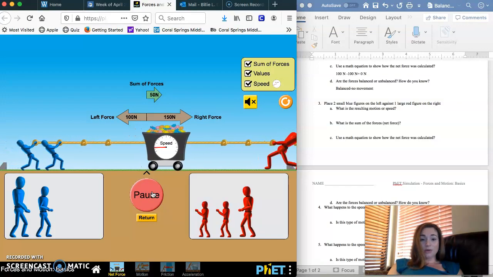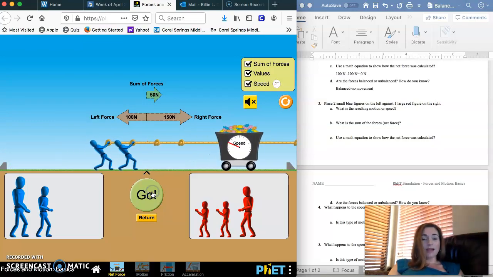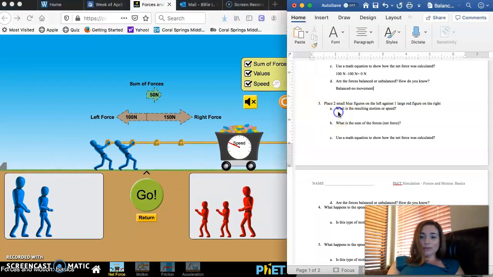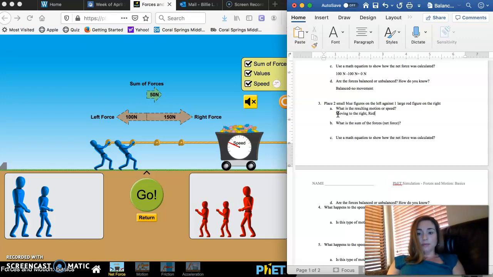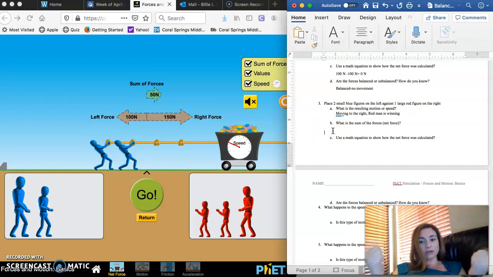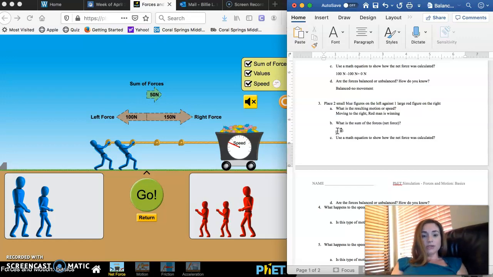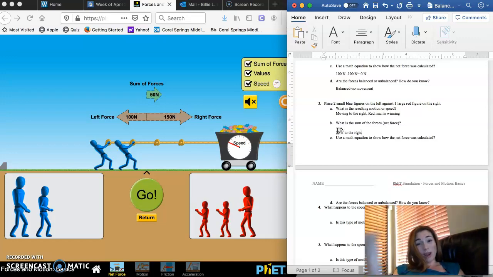Who's winning this tug of war? Not much of a match, is it? So what is the resulting motion or speed? Well, it's moving to the right. The red man is winning. So what is the sum of the forces? Well, again, they're working against each other. So again, it's going to be a subtraction. So 150 newtons minus 100, it's 50 newtons to the right,